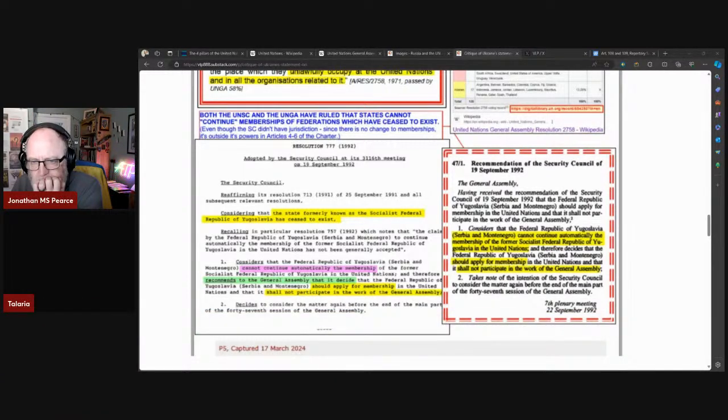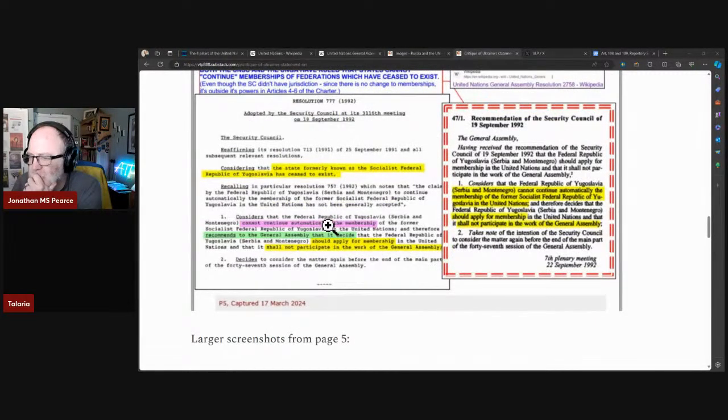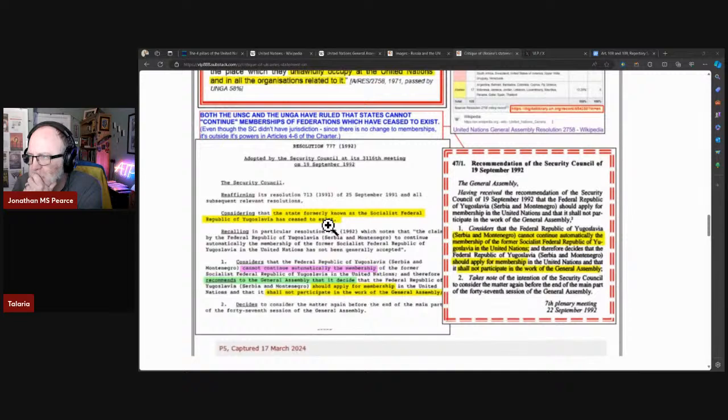Now, that's politically, so that applies to countries like the UK and America, which have been lying for 33 years, and they organised it. They jacked this up. And I'll come to that in a minute why. But here we have the resolution of the Security Council dated the 19th of September 1992. Considering that the state formerly known